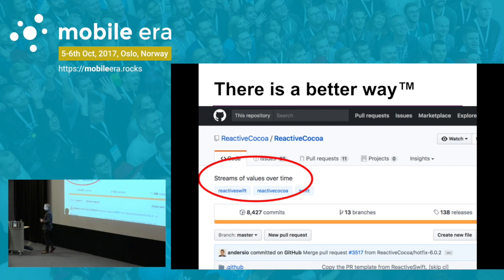But if we actually see the definition of reactive cocoa, like the description in GitHub, it says it streams values over time. So that's really perfect when we are streaming values over time for our IoT app. So that's like the fit made in heaven, because it's just exactly what it says in the description we want to do. So we went for that technology, or that way of doing the app.